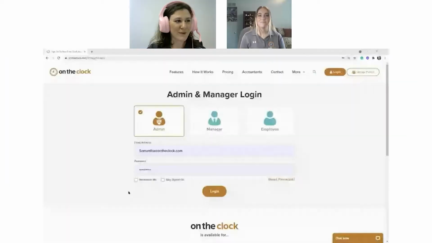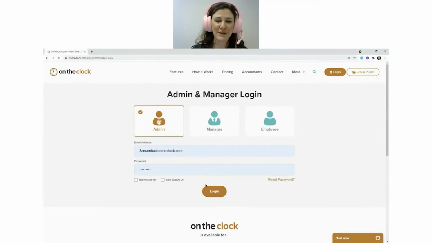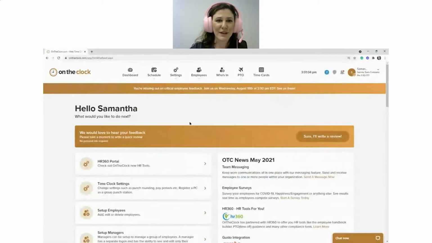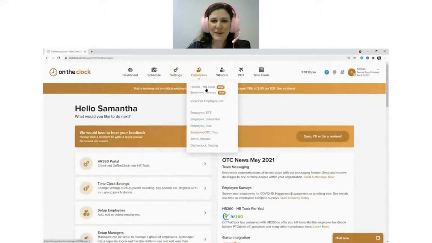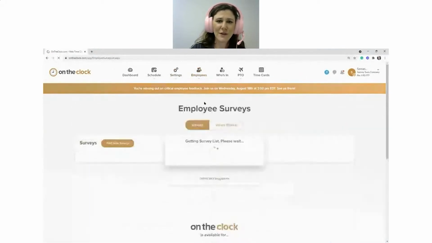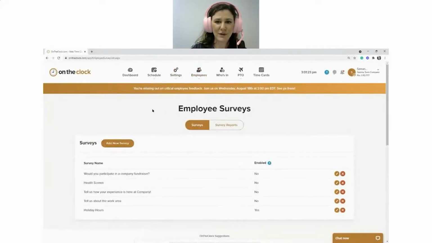All right. Well, I'm going to just start sharing my screen here with everybody. Okay, we should see the screen. So right now you can see my admin login screen. Some of you may be familiar with this screen. So to get started, we're just going to go ahead and log in as the administrator. The employee survey can be placed inside your On The Clock account as an admin or a manager. So to get started with an employee survey, you can do this either underneath settings. So I have my employee surveys here, or if you happen to be on your employee icon here, you'll also see employee surveys. Now this is going to bring you to the same landing screen, regardless of which one you